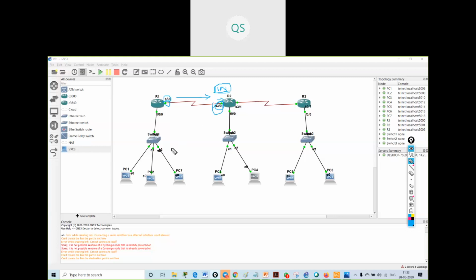Suppose my traffic is coming from 1.1 and it reached over here. Now the packet came over here, and the packet is seeing that the source IP is 1.1. Okay, what is the destination IP? 2.1. So it will see the destination IP and it will drop over here. But if the destination IP is 2.2, then it will allow the traffic to move.